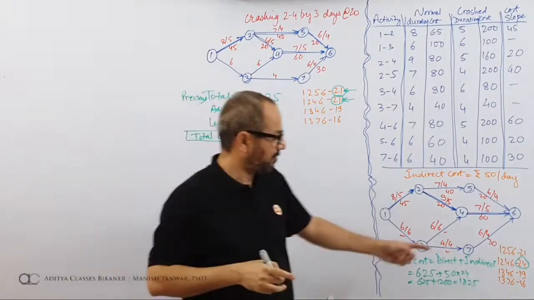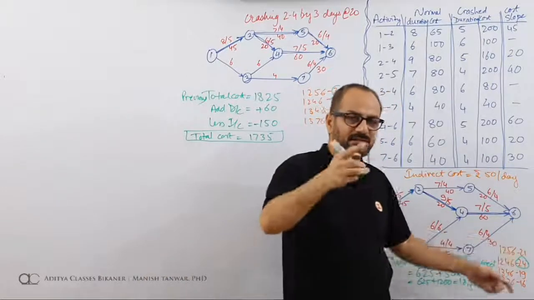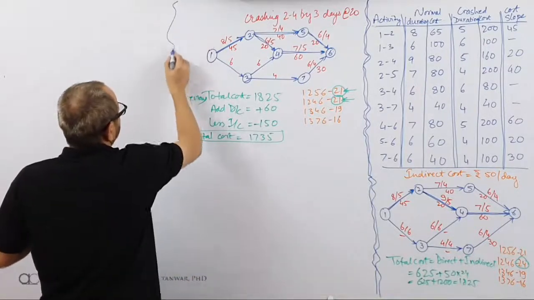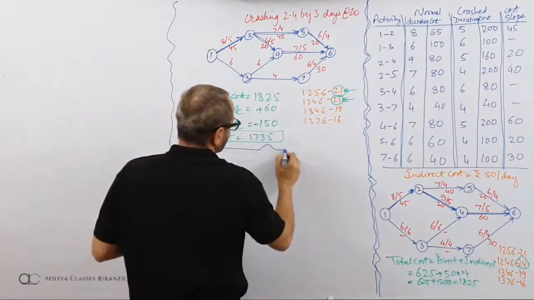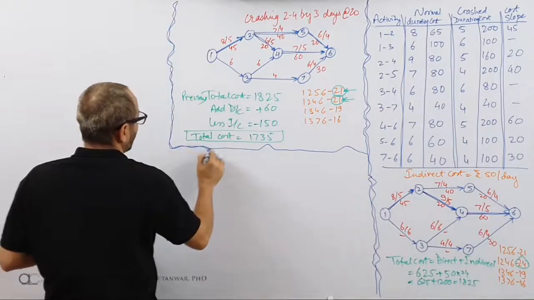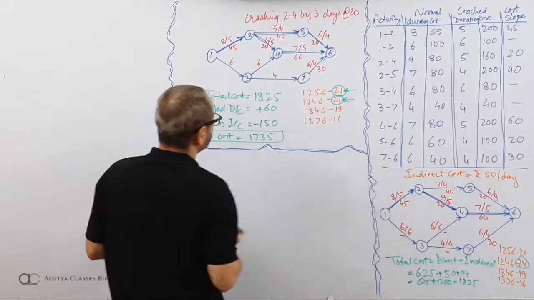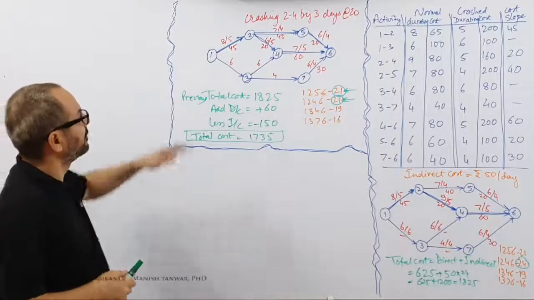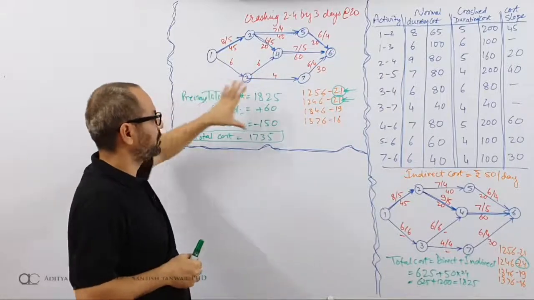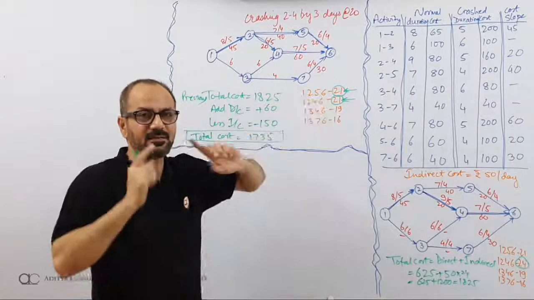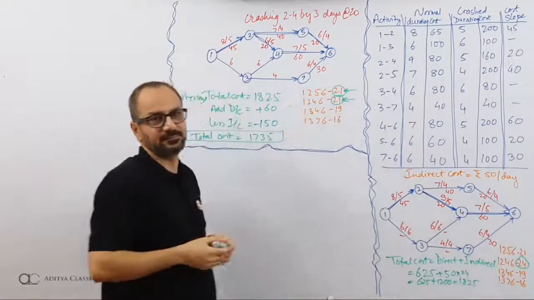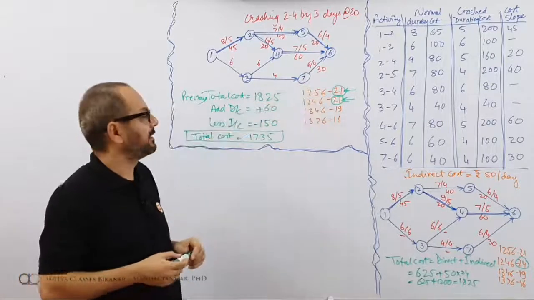Remember the rule? The rule was, look for your critical and bring it down to next critical. This concludes my first iteration, where I have a new network. Instead of 9, I have a 6. My total cost, my criticals. Now the idea is, take them to next critical. Right now critical is 21, take it down to 19.